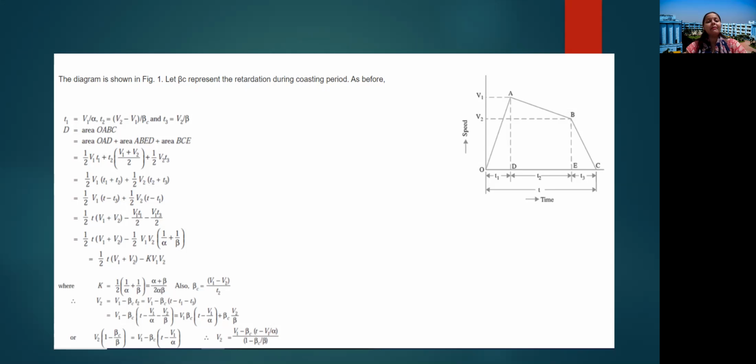So these are the basic two types of speed time curve that a locomotive can have, applied according to the distance it's supposed to travel. One is trapezoidal, whenever there is free running, and one is quadrilateral, whenever there is no free running, but there is coasting and braking period.